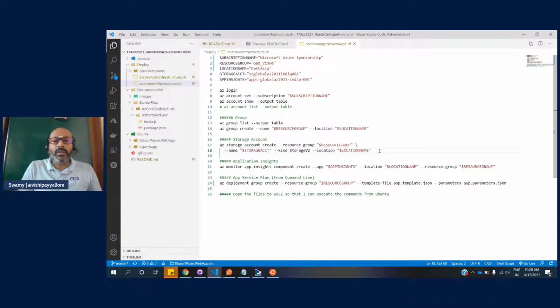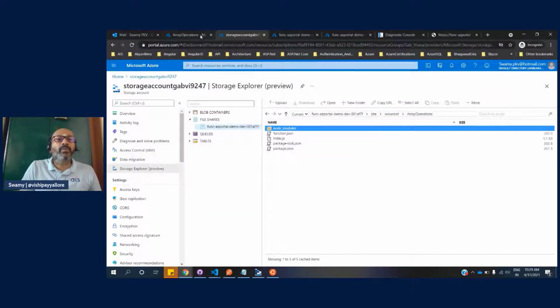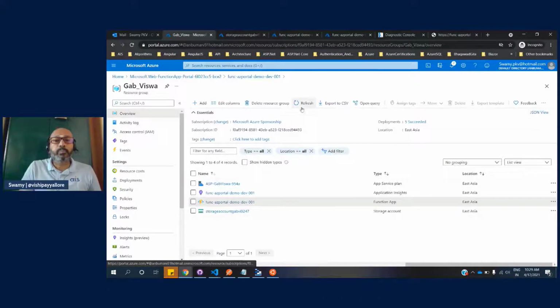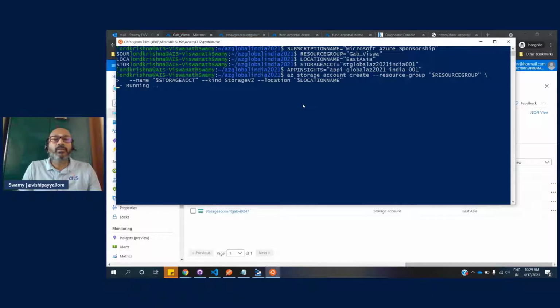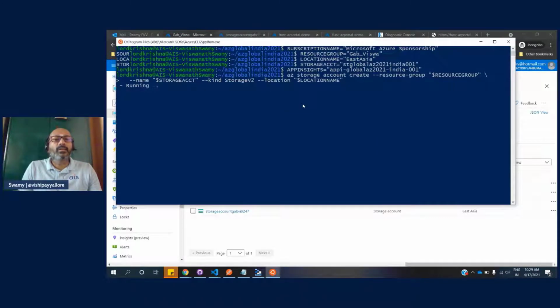So why do we need the storage account? We have seen that. So I'm going to create this storage account. In the meanwhile, I will keep everything here. So it's going to create a new storage account. It takes a minute or so,